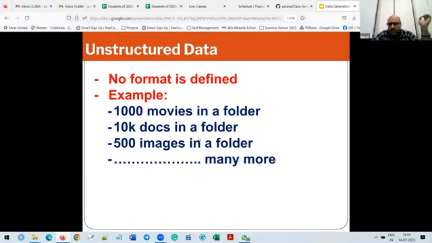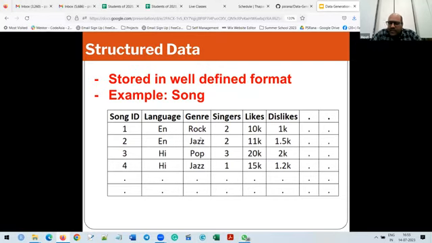We just dumped everything into one folder. Similarly, 10,000 documents stored in a folder, or multiple PDFs of books you downloaded. Whatever you get, you dump it in one folder. So no format is defined. Similarly, 500 images stored in a folder is an example of unstructured data. Next example is structured data.